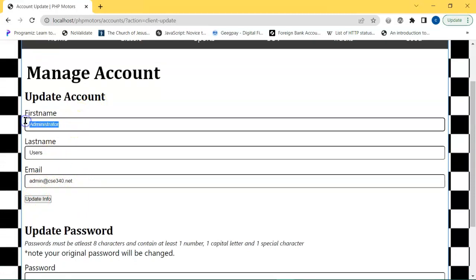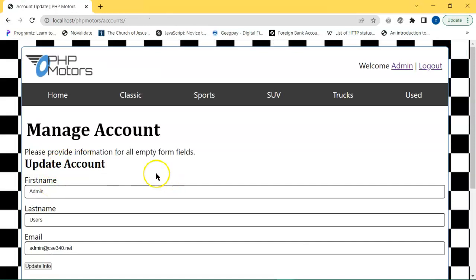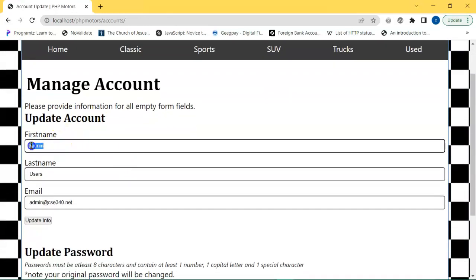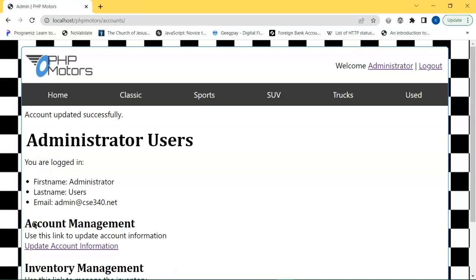First I'm going to enter an empty field and turn off the client-side validation, then updates. So you can see that there is an empty field, and so now I would enter the new value and click on update. So it's been updated successfully,